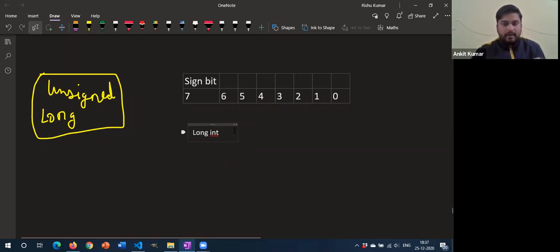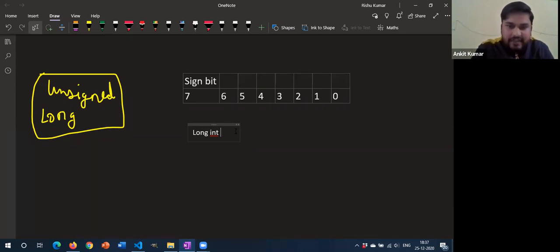So as I was saying, that integer in case of Turbo C will use 2 byte size, and in case of all other compilers, it will take 4 byte. Right? It will take 4 byte. So let us suppose you are using Turbo C. So integer will use how much size? 2 byte. Correct? So once you write long int, then its size will increase, and it will increase to 4 bytes.